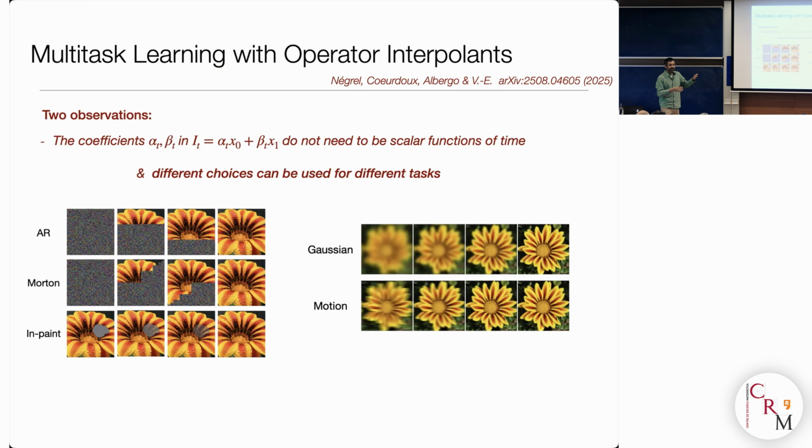Okay. Now this per se is an interesting observation, but it still has a caveat, which is that if I just present it like this, then for every choice of alpha and beta, every parametrization there, you would need to relearn the score or the drift. But there's another observation that you can make, which is that, actually, you don't need to do that. You don't need to choose these beforehand, meaning before training. So let me explain this.